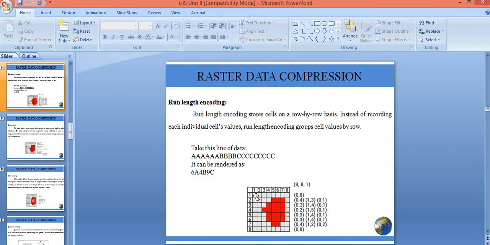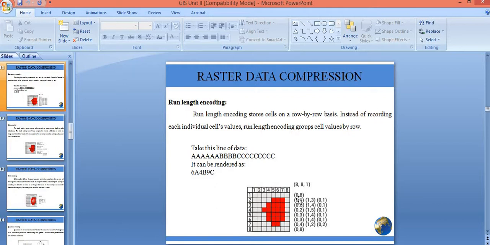Here what you will be doing is storing the information line by line. For example, just see here, the value 0 is stored in all the 8 cells. Then 0 is stored in the first 4 cells, then 1 is stored in the next 3 cells, and 0 is stored in 1 cell. Like that, you will be storing the information row wise. You will not be storing all the information. Instead, whatever value you have in the cells, you will store that value along with the number of cells in which you have that value.